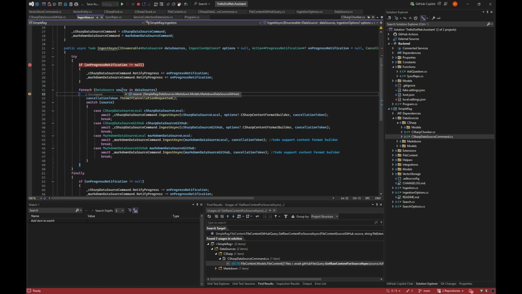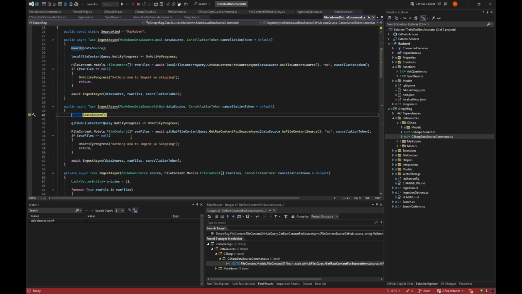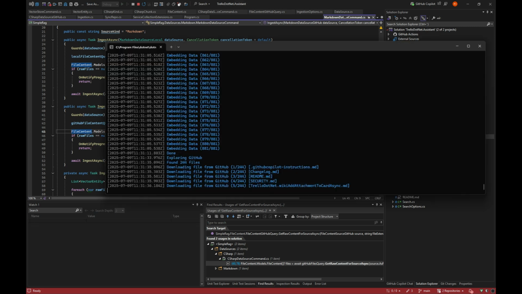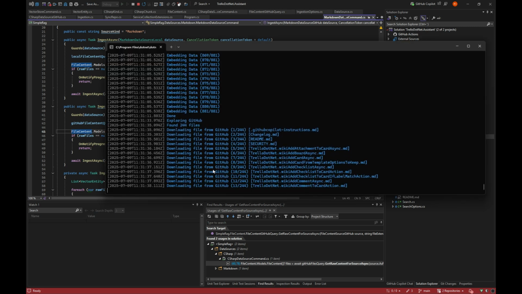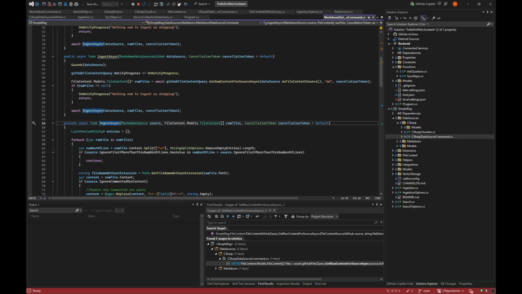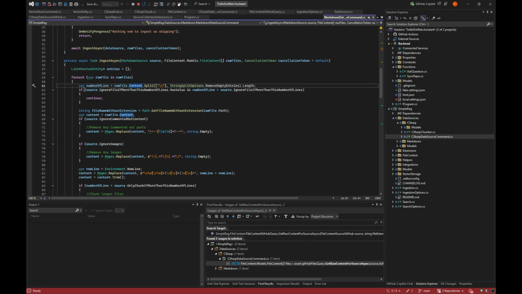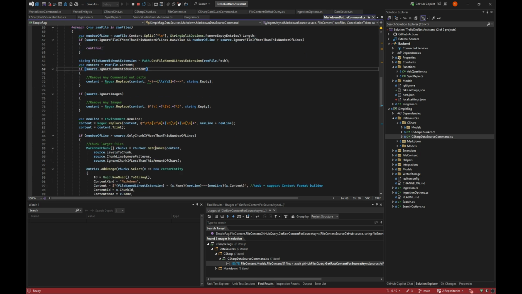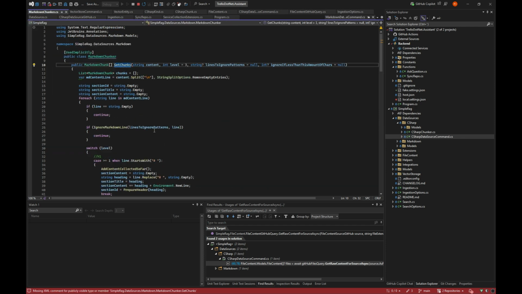In my case, I have another source, which is Markdown. And this is more or less exactly the same procedure. It grabs the raw files. So now, if I go here again, it's now grabbing all the Markdown files I have in there. And then it takes those files, and instead of a chunker of C#, it does chunks of Markdown.